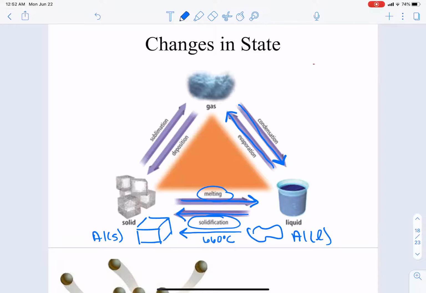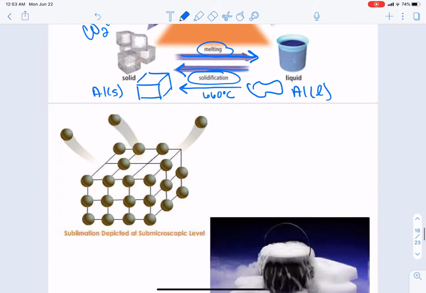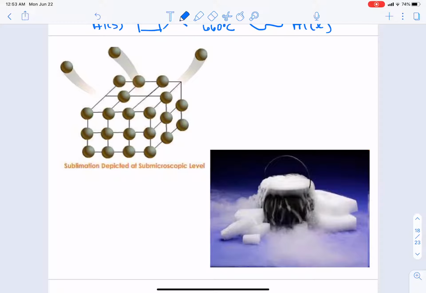Okay, so say we want to go from solid straight to a gas. That's called sublimation. And that happens when we have solid carbon dioxide going to gaseous carbon dioxide. And we see that when we have dry ice. The dry ice doesn't go through a liquid form like solid water, solid H2O does. What happens to the CO2 is it goes right from the solid